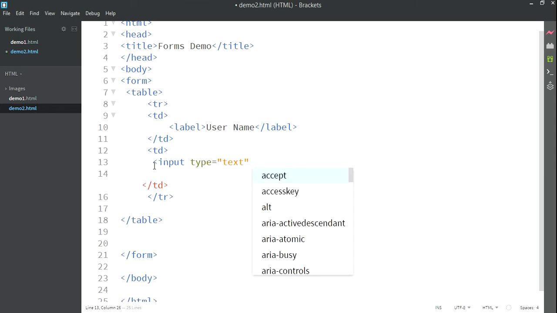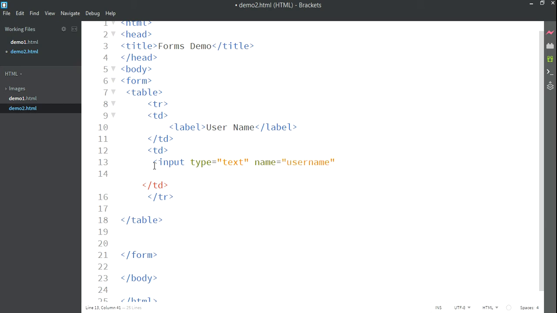For the time being I will set the name property to user name and close the tag. Save the changes, view the output in the browser. If you check the username and the text box, I can type a name, it's Kishore, or if I want to type Rajesh, like this. So we can add a name in this particular field.